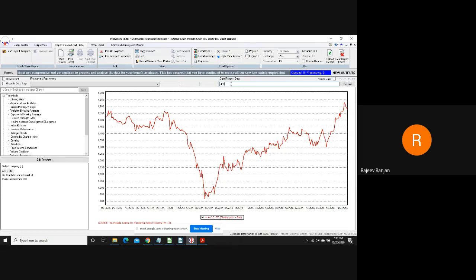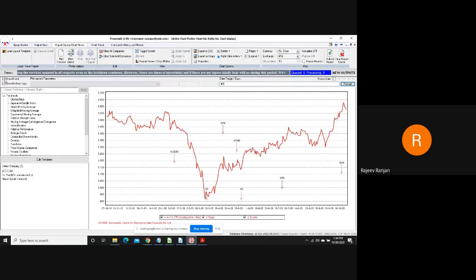I can increase the number of days. If I say 3650, it will give me 10 years of closing price. I can plot in the events which have affected the movement of price. So these are the event flags. When I refresh this, these are the events plotted here on the timeline of the closing price. This is the audited results, and the dividend was announced at this point of time. This was the ex-dividend date. There are the quarterly results disclosed here. This is also an ex-dividend date.